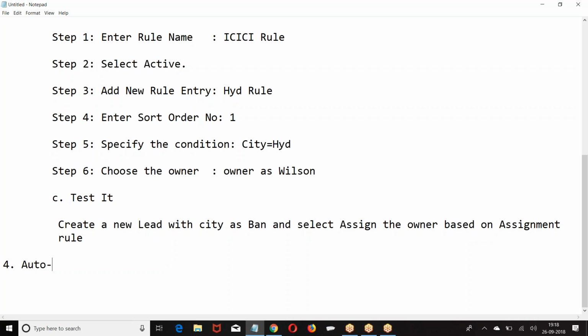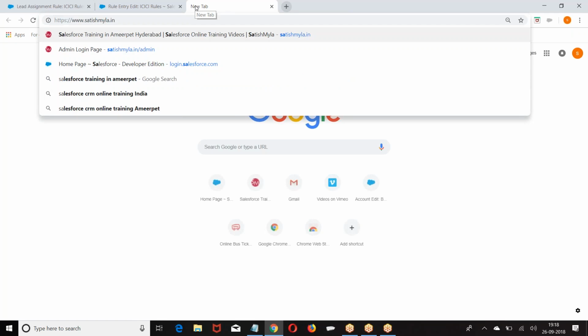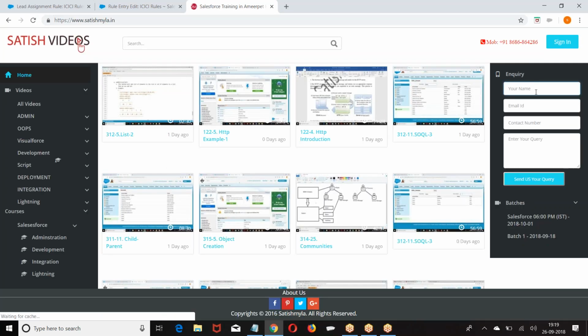Auto response. Okay. Next one we have web to lead. What is this web to lead? From the website, if you make any inquiry, in the website we'll have a contact form, right? Now you have a contact form. Once you enter this contact form and submit an inquiry,